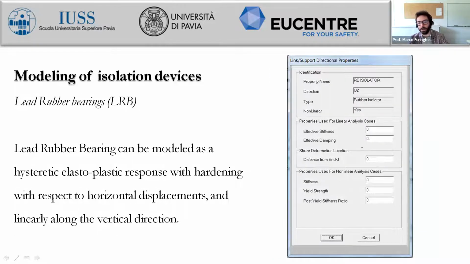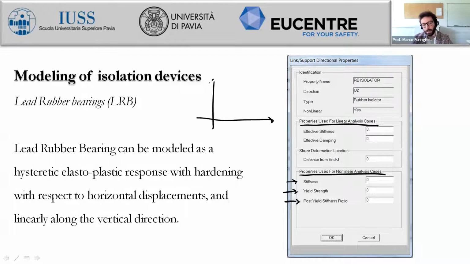You see that there is always a distinction between the properties used for linear analysis cases and for non-linear analysis cases, but we will deal with non-linear ones. The main parameters for non-linear analysis are stiffness, yield strength, and the post-yield stiffness ratio, which means that we have the hysteretic